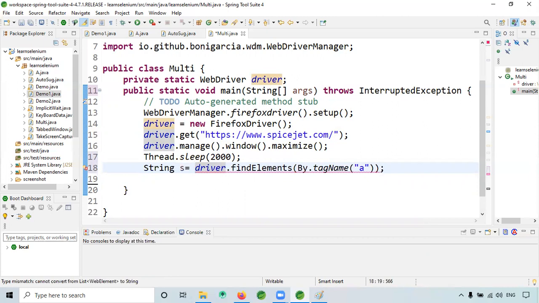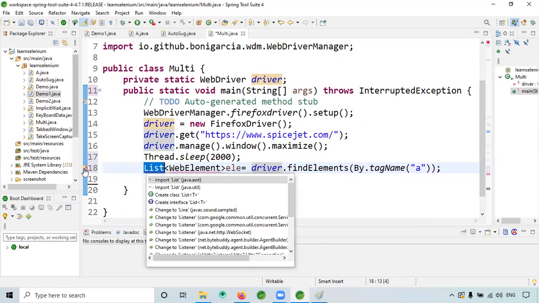If we have find element, it can be stored in a string. Here we have many elements, so we need a list. So I prefer to go for a List of WebElement, like this.